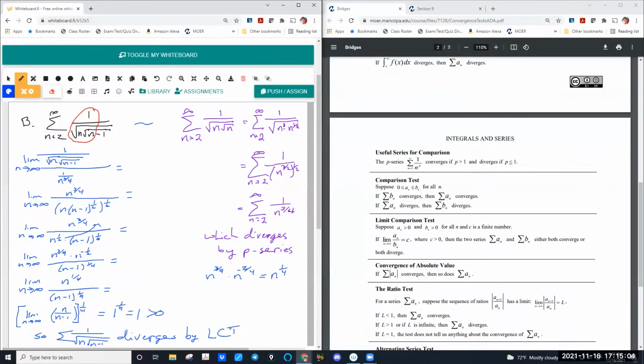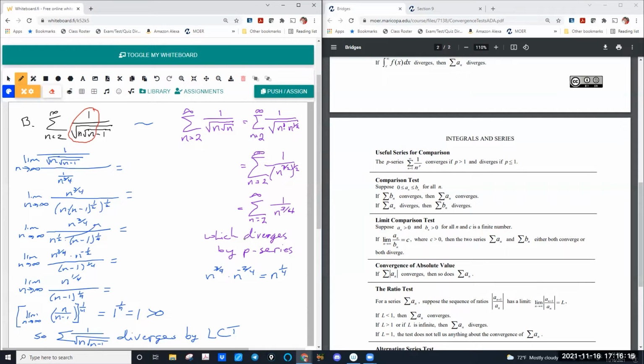Questions about this one? Again, I picked this one on purpose. It's not super trivial to see where to start, but there were a couple of things I wanted you to see. Number one, I wanted you to see how I picked the test for comparison. I basically circle the lead terms of the top and the bottom, make that its own series, and then simplify so I know something about that series. The reason we needed to is because I decided to do a comparison test, and I needed to show that what I was comparing it to was convergent or divergent.